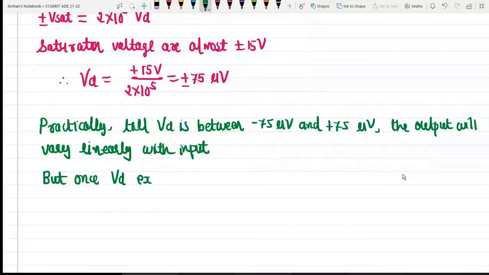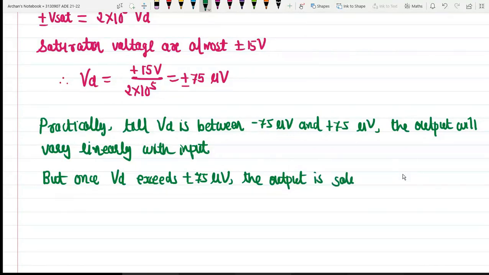Once Vd exceeds this value, plus or minus 70 microvolt, what will happen to the output? Now the output will be saturated. The output is saturated. Okay. So talking about the